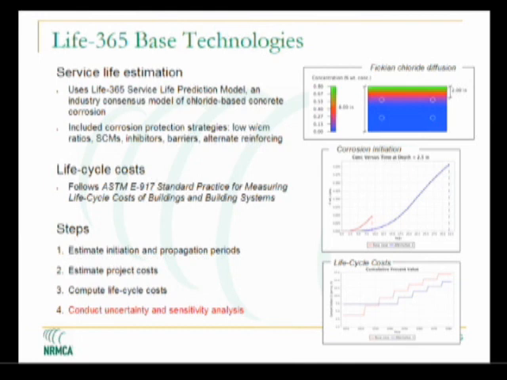The second step is that it estimates the project costs associated with basic concrete structures, namely the construction cost and repair costs, and in particular you're looking for those costs that will vary a great deal between your alternative concrete mixtures. There are a lot of costs we purposely do not include simply because they would be the same regardless of your particular corrosion protection strategy. So what we're trying to do here, and it's standard in life cycle costing, is focus on just those costs that will vary greatly. The third step is to compute the life cycle costs of these alternative concrete structures, and we'll walk through that